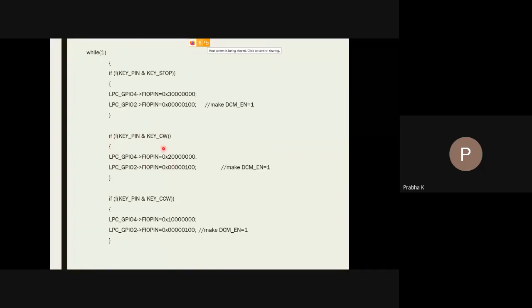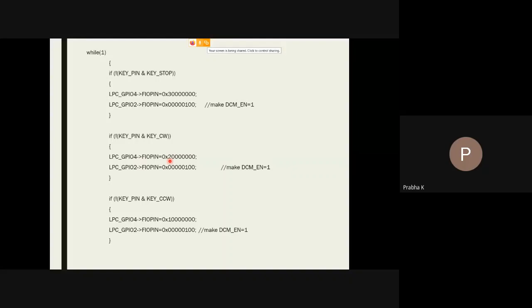If and only if you send this data on port 4, pin numbers 28 and 29. In order to make the motor run in clockwise direction, I need to send the data 2 with the command LPC_GPIO4->FIOPIN. FIOPIN is used to write this data on the particular pins of port 4. What is 2? 2 is binary 10.